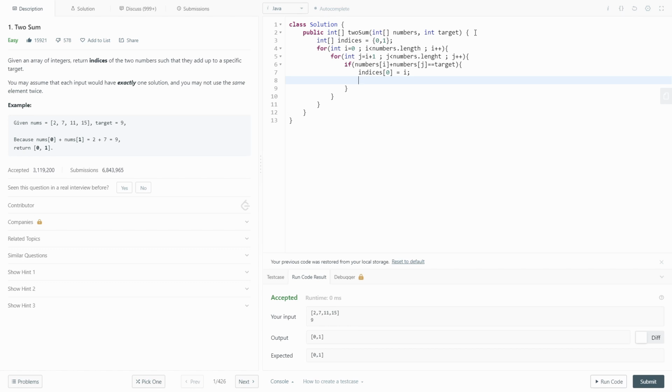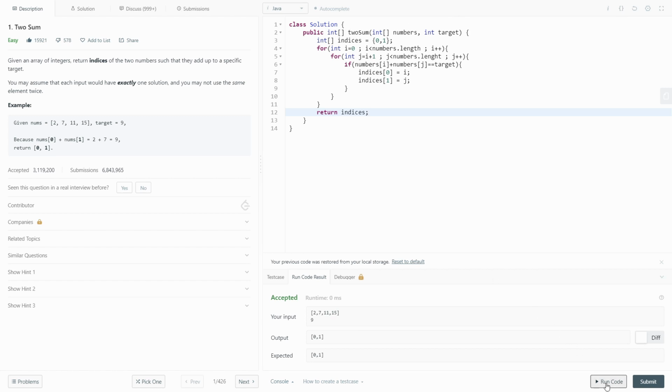This indices array contains indices and not the elements, so do not get confused. And indices[1] equals j, and now we can just return that array, because our return type is an integer array.